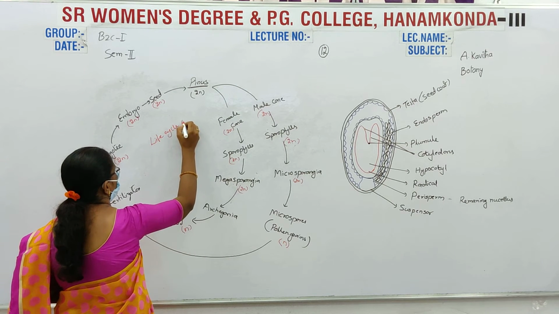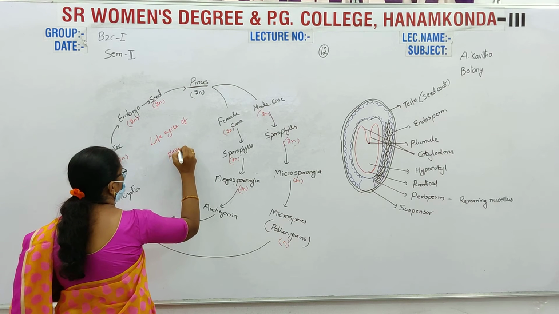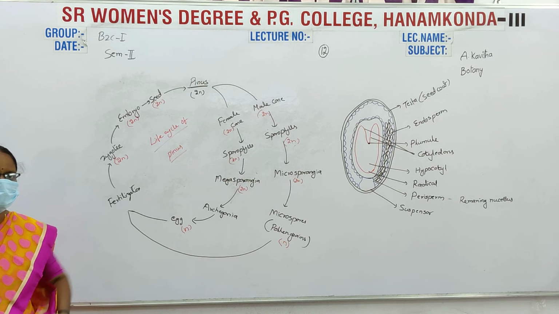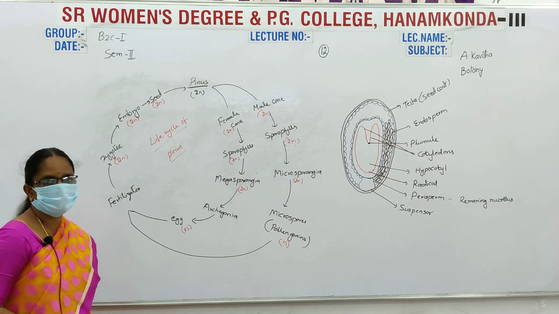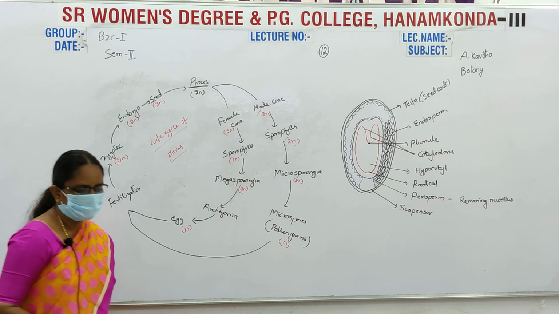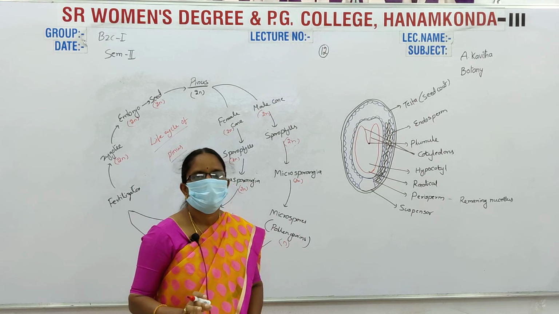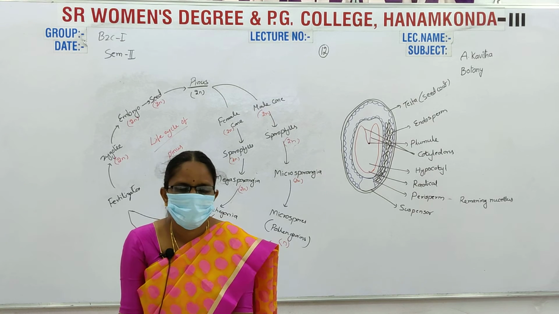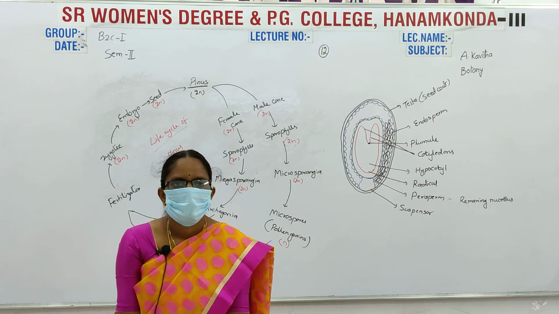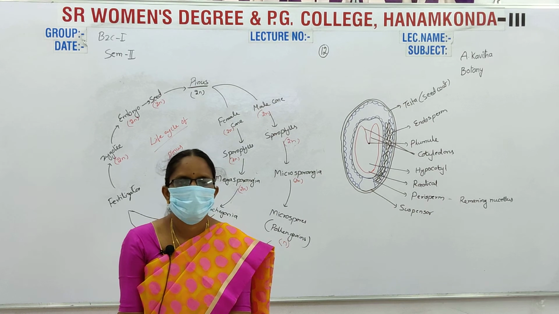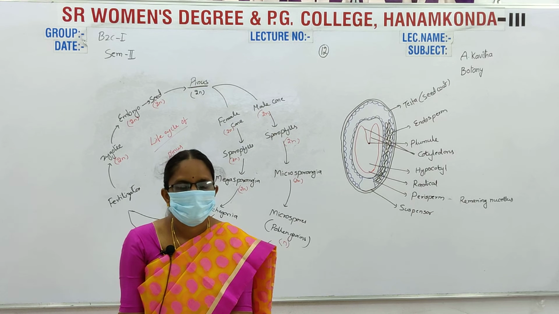This is the life cycle of the Pinus plant, an alternation of generations life cycle. Very important in your annual examination is the ovule structure. Male cones and female cones are also specimens. The Pinus plant, male cone and female cone are specimens, and the Pinus ovule is a slide.